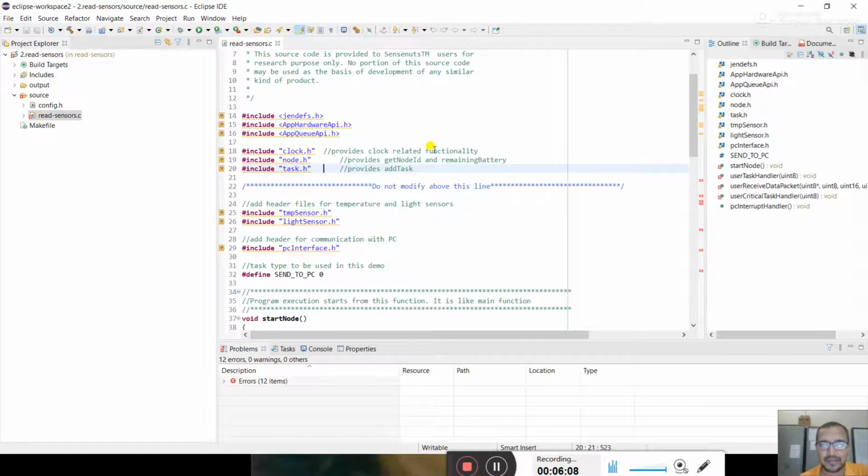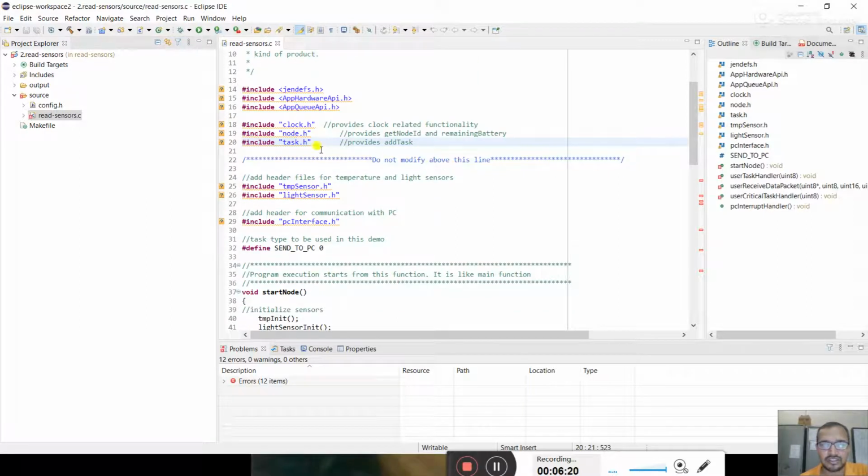The details are provided here: clock-related functionality, get node ID and remaining battery, and add task. This type of thing is available here.